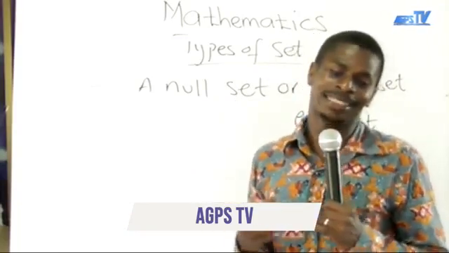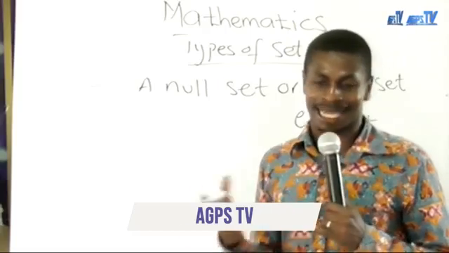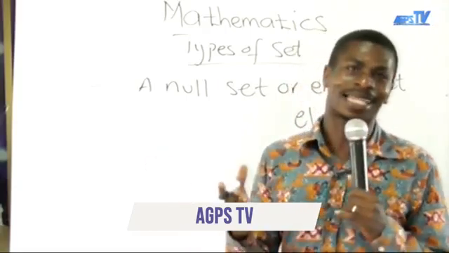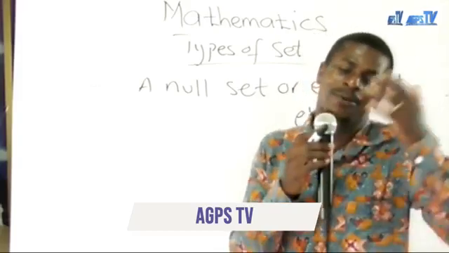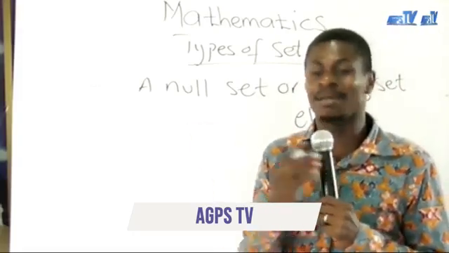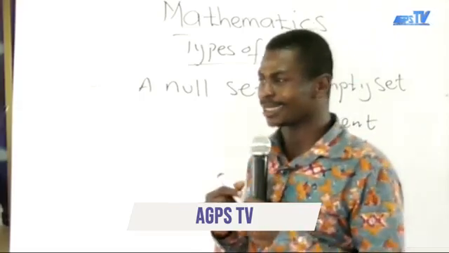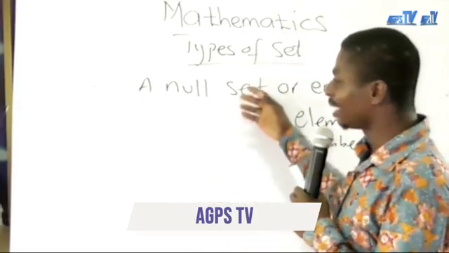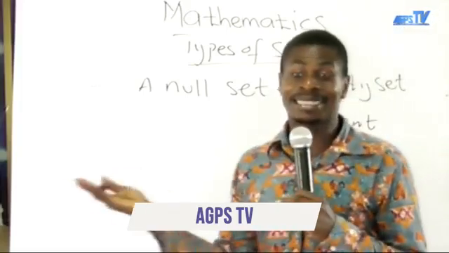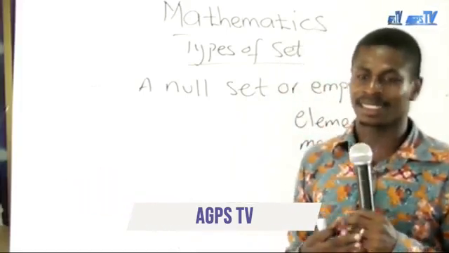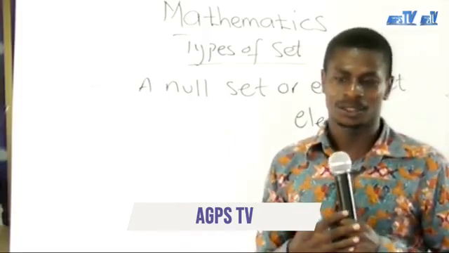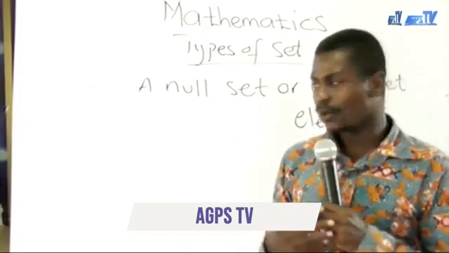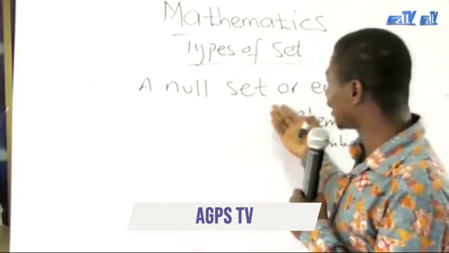For any reason, maybe they were tired, or the teacher is not so good, so the students want to skip that class. So for any reason, the class is empty. And so we say that that class has no member at all. Therefore, we can safely say such a class is an empty class, or better still, a null set. So when we say a null set or an empty set, we are basically talking about a set with no